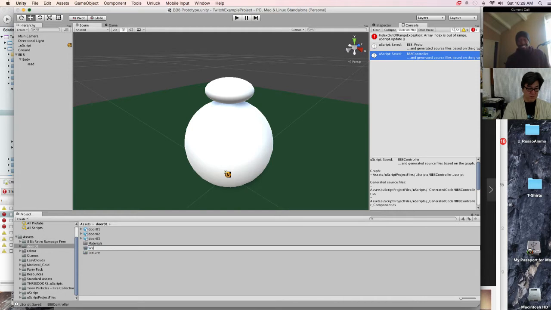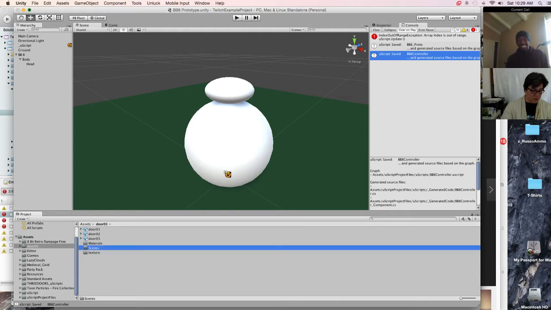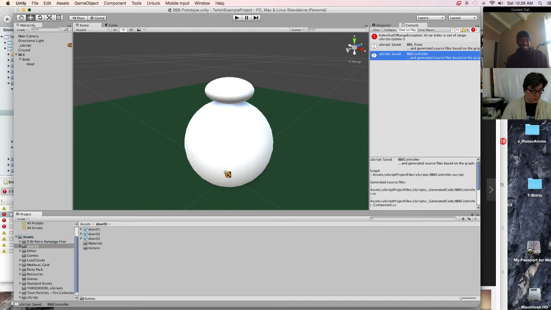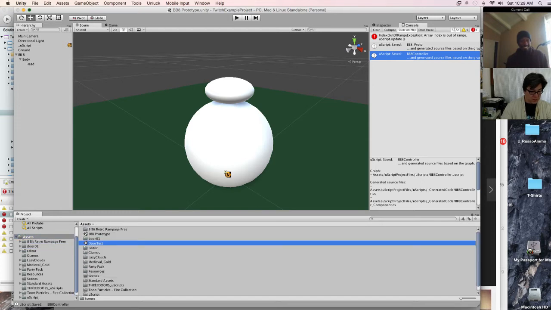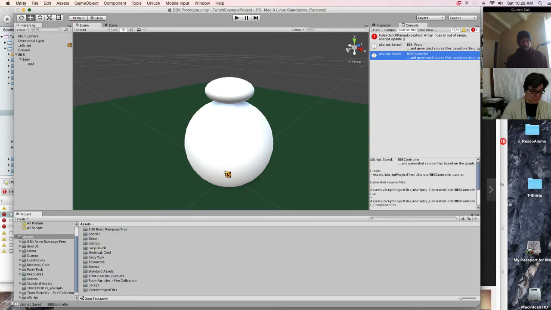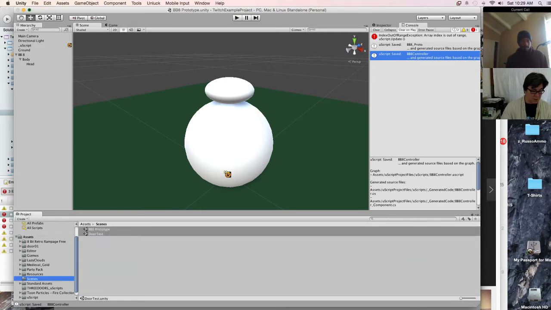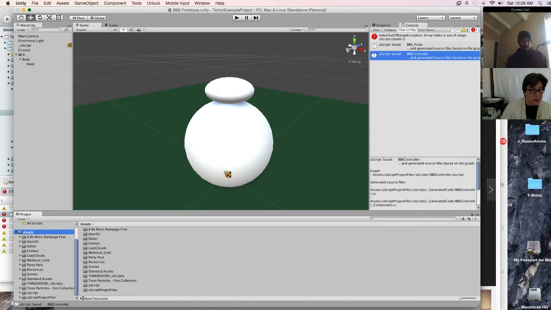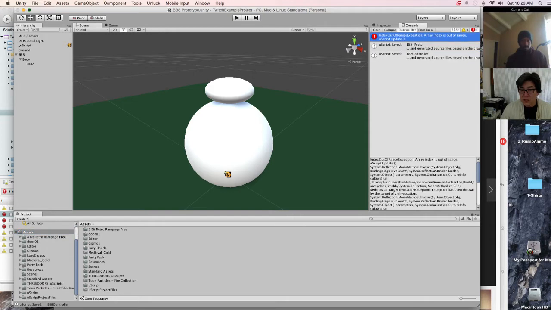Sorry, I put it in the doors folder. Let's put it here in Assets. Let's grab our two assets and move them into the scenes folder, and that way we can find them a little easier. Okay, that's not too bad.